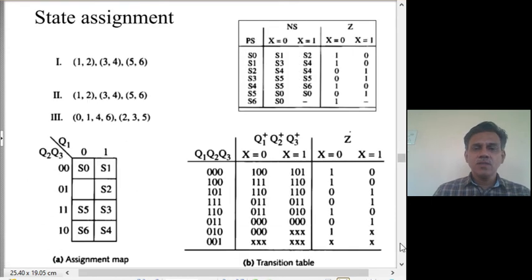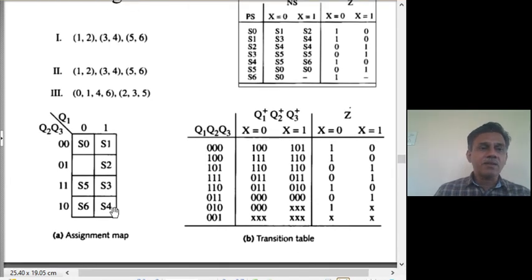For that we use this kind of a state assignment map. This looks very similar to a K-map, but the purpose is totally different. So, we know that in a K-map, here is Q1 spanning, here Q2 and Q3 spanning. So, you can see that for this one, Q1, Q2, Q3 are 0, 0, 0. Here it is 1, 0, 0. So, suppose I put S0 here, it means I am assigning for S0 the encoding 0, 0, 0. If I put S3 here, it means I am encoding S3 using 1, 1, 1. That is what it means.